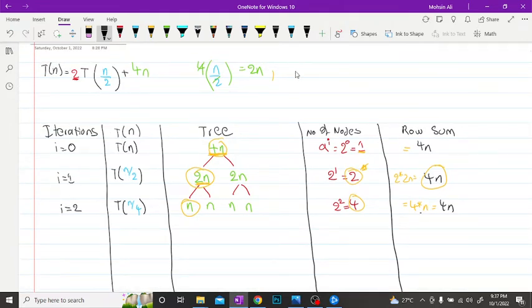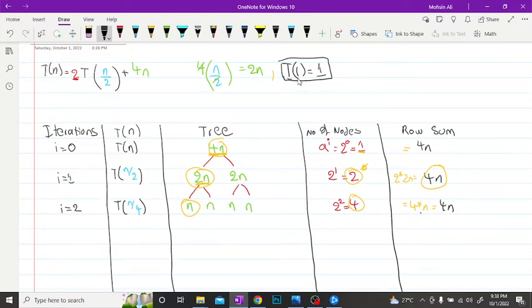Also, one thing that I forgot to mention was that in this question, T(1) is going to be 1. This is the base case, which allows us to basically stop recursing forever and ever. And the next part of this question is going to be, how do I generalize this in such a way that I can figure out what my time complexity is going to be for this function when I hit the base case. So first of all, we need to find out how to generalize my formula of T(n)